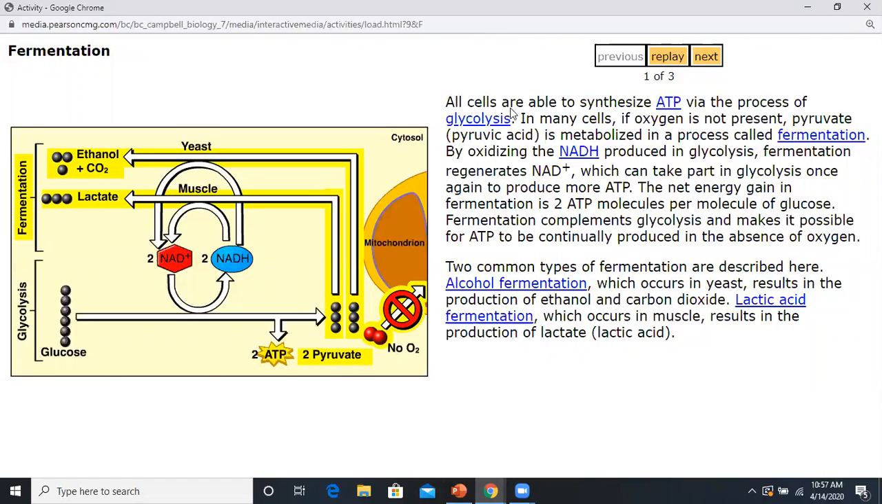In a process called fermentation. By oxidizing the NADH in glycolysis, fermentation regenerates NAD+, which can take part